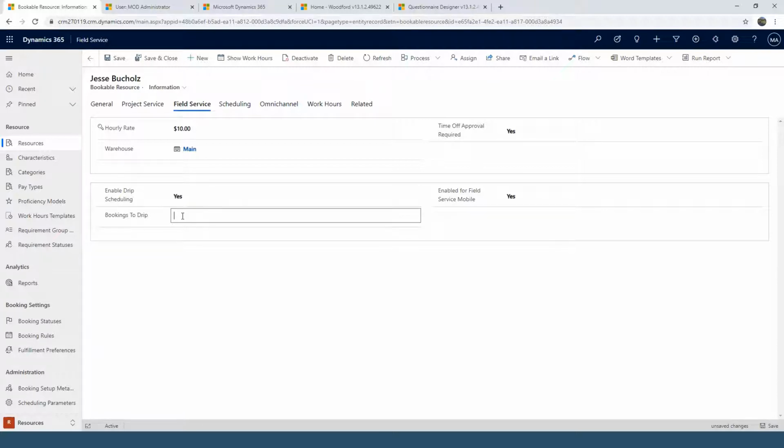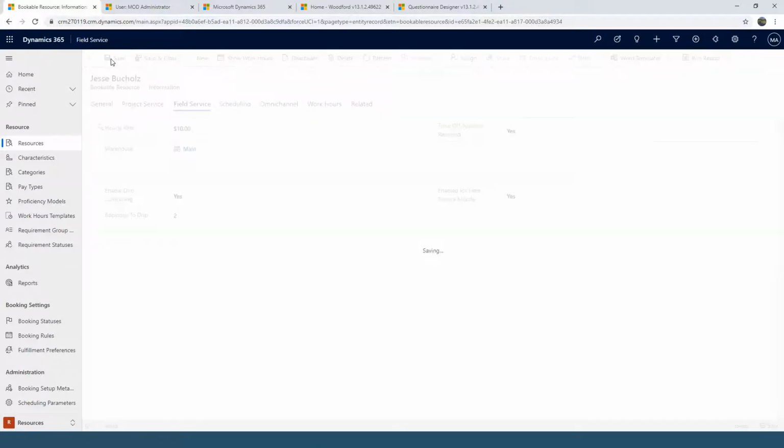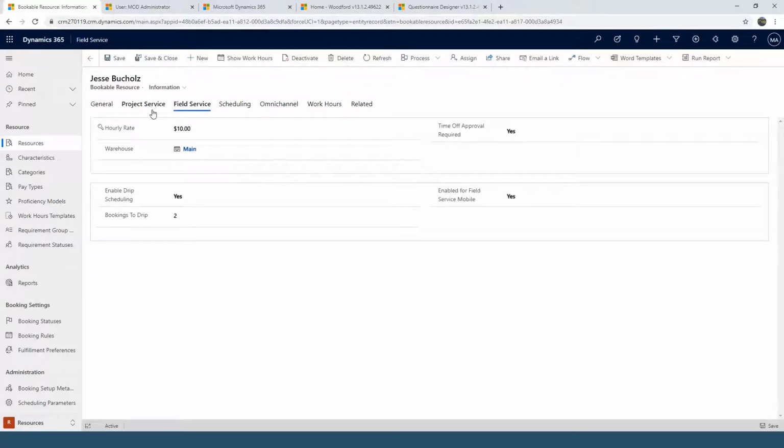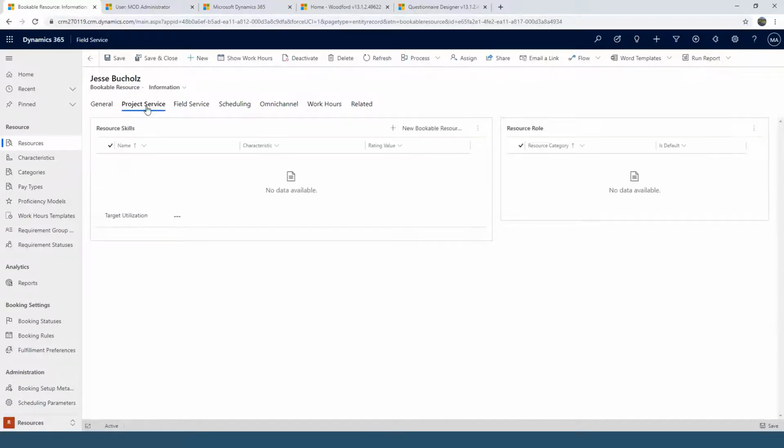And if I was to select yes, I can choose how many bookings that I want this resource to be able to view on their mobile device. So if I wanted to, I could give that a quick save also. If I go back to the project service tab here, I can come in, and this is where we were